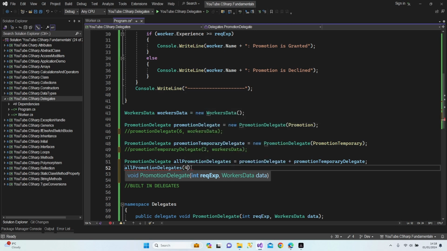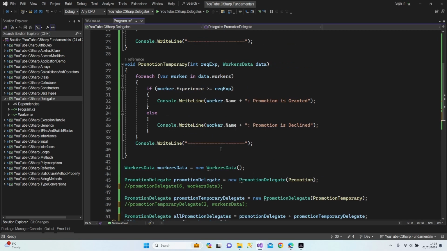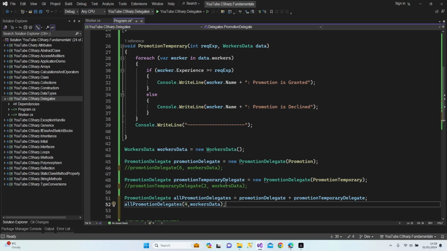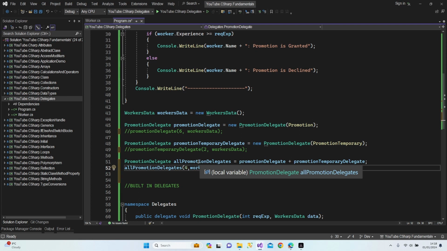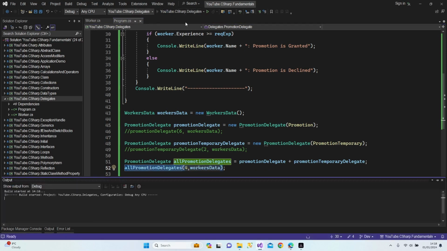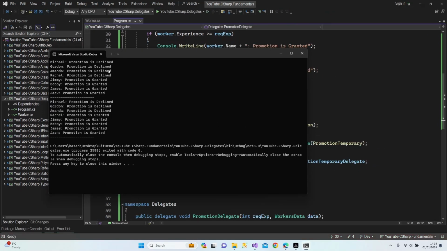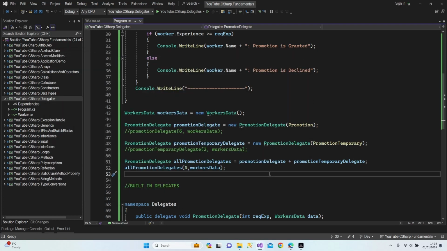For example, let's say for and workers data again. So I'm going to see both methods which are created here, and they are assigned to one single delegate, and it helps me to reach all of them in one delegate, and this is the result. As you can see, this is our result in one delegate. Alright guys, this is how we use manually created delegates and how we are able to use them for single and multiple purposes. But before finishing this lesson,